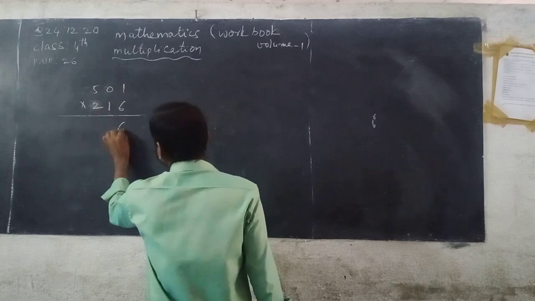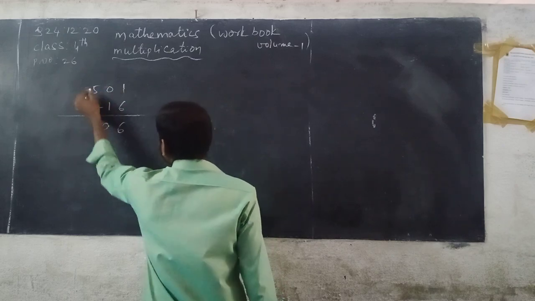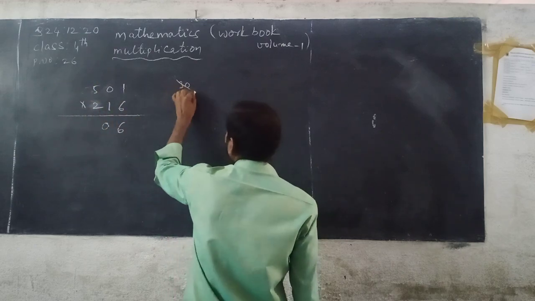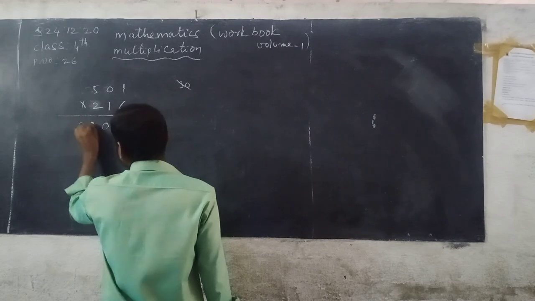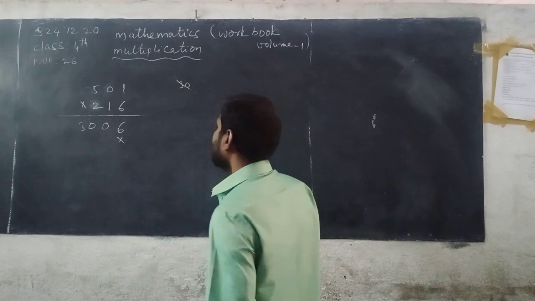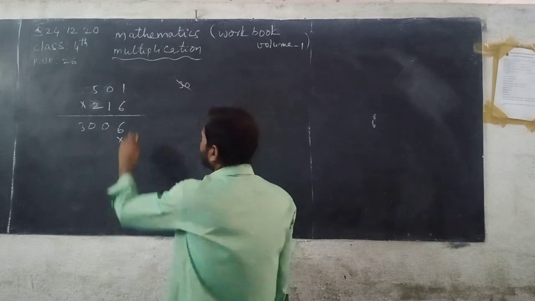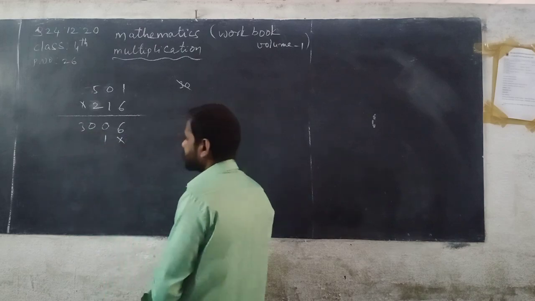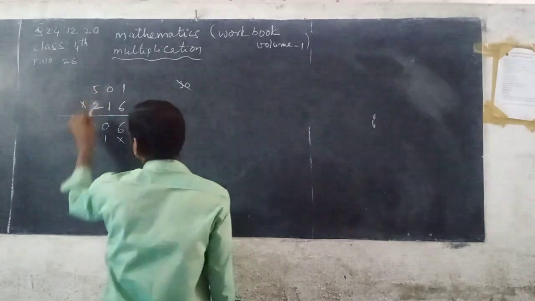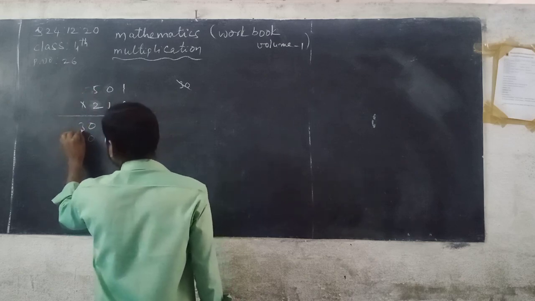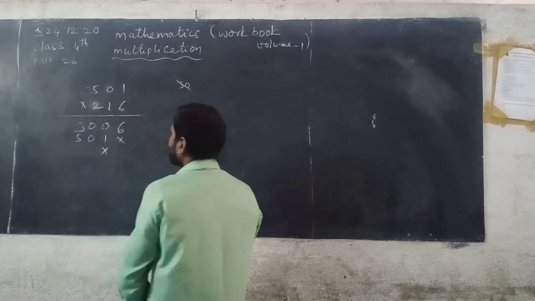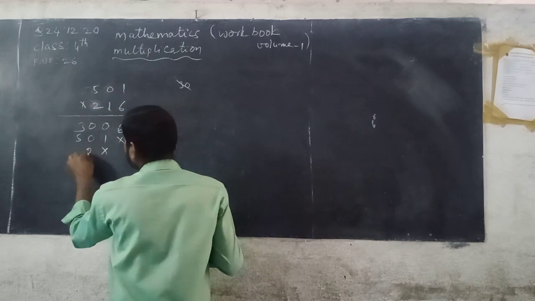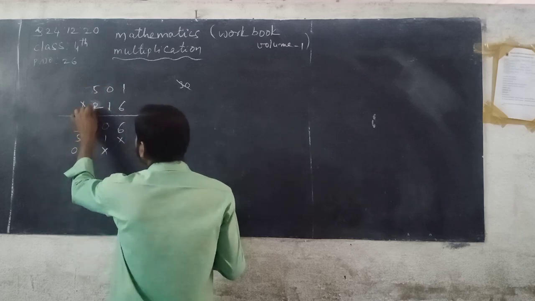6 1s are 6. 6 0s are 0. 6 5s are 30. See here, this is the last place of the given number. Then you can write 13 in its column of the product. Then you cut the ones place. Now you multiply the digits in the ones place, that is 1 with 1. 1 1s are 1. Write 1 in its column below 0. Next, 1 0s are 0. 1 5s are 5. Now you cut the tens place. Now you start from the hundreds place. So 2 1s are 2. 2 0s are 0. 2 5s are 10.